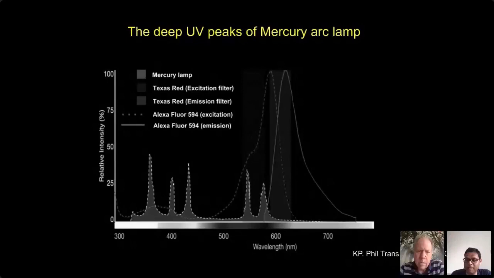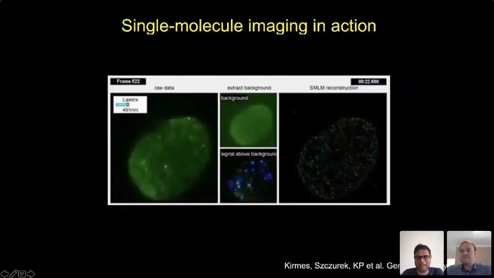And just to show another, these are lampbrush chromosomes. These are slightly. Sorry, Kirti, I'm not sure if everybody else can see this. I can't see any of your slides at the moment. Oh, I don't know that. So where did I lose? It seems to have frozen on the deep UV peaks of the mercury arc lamp. Oh. This time the slide is